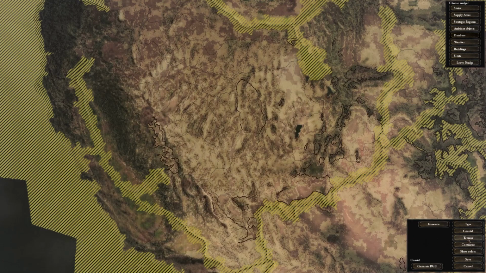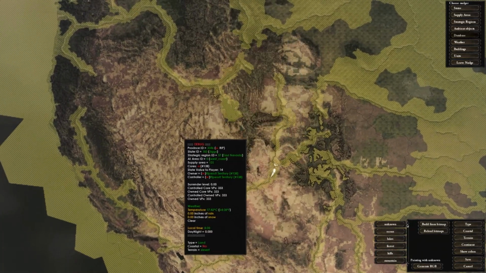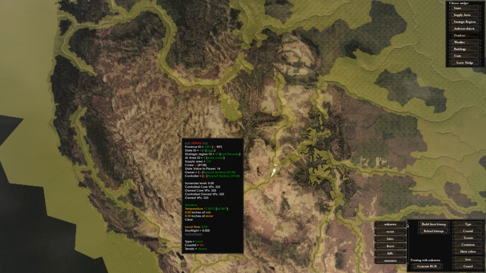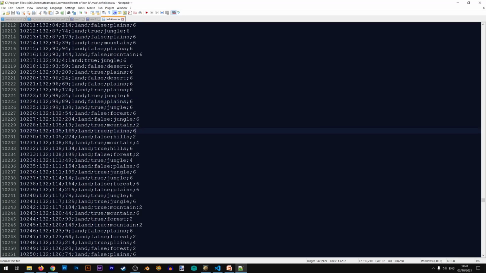Alright, the next function is terrain, and terrain allows me to paint various types of terrains in the game. Now each province also has a definition of terrain. If we once again take a look at the definition file, you see that we have jungle, plains, desert. Now this is obviously the file for the vanilla game, not the mod that I am currently running, but the